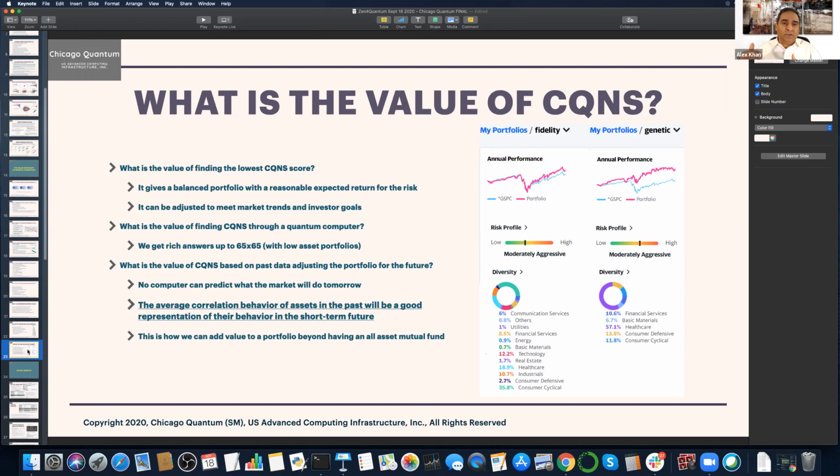The better the CQNS score, again, with the right tweaking on the power, it will meet the objectives of the investor, and we can find some really good answers because we can use different methods to find those jewels in that huge landscape of potential answers, and then you can use them as a starting point. And Clark and I were having a discussion where I was saying, it's like when you're working with a team and you